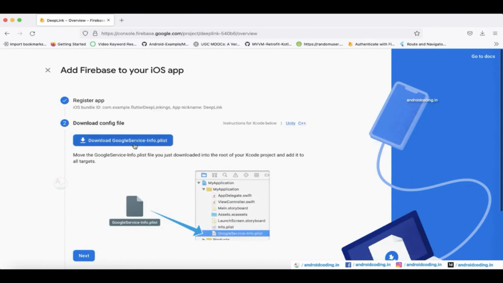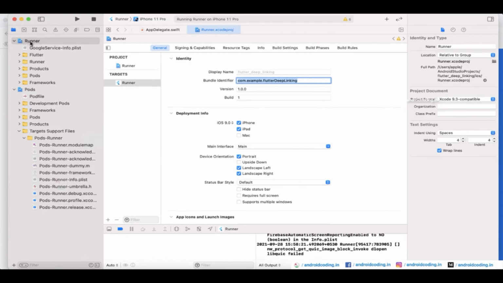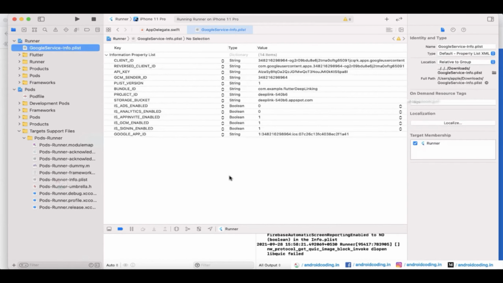which is nothing but your GoogleService-Info.plist file. So you need to download this particular file and make sure you add it here under the Runner folder. And I suggest you open your Xcode and drag the file and drop it under the Runner folder here. If you try to add this in your Android Studio, you will surely get an error and your app will crash at launch. You might have been wondering why there is a crash issue, because the file is not getting detected. So you need to open Xcode and provide it exactly as we have specified here. And I think you can now resolve that particular issue of the Firebase app crash.